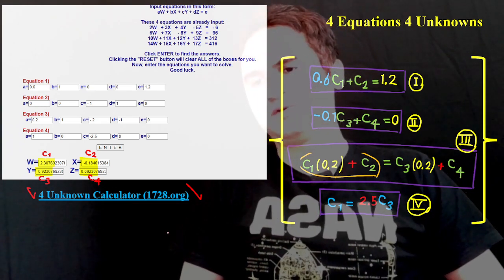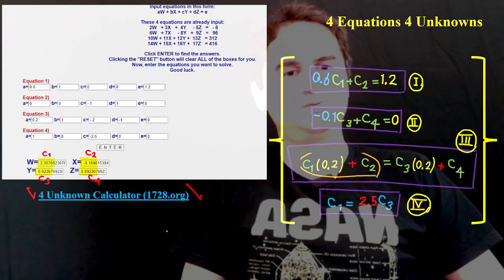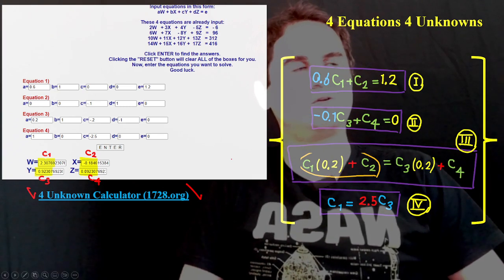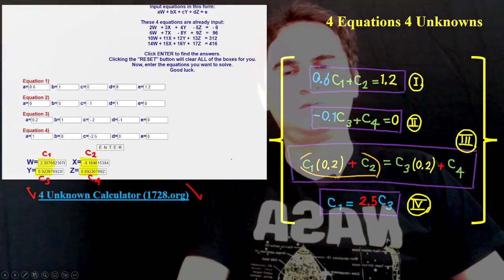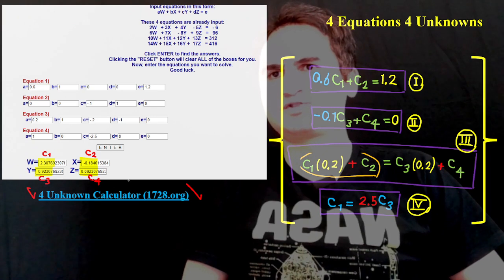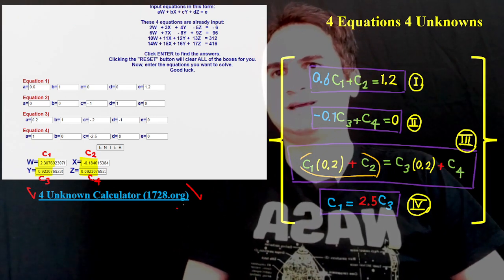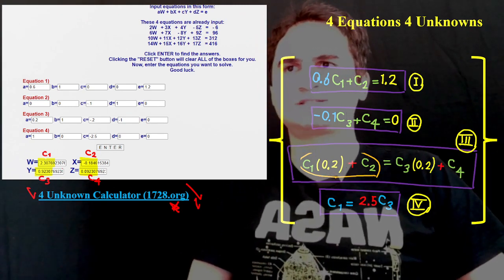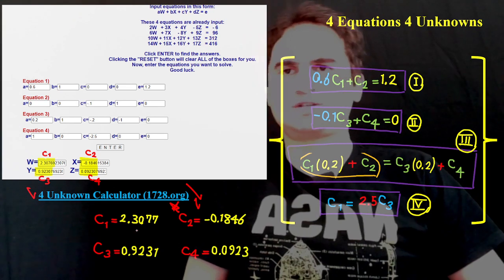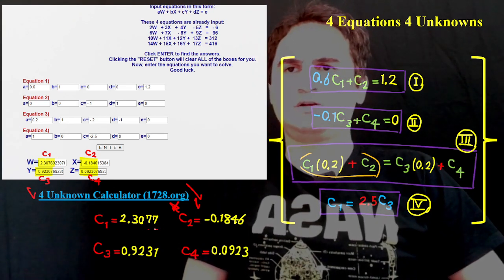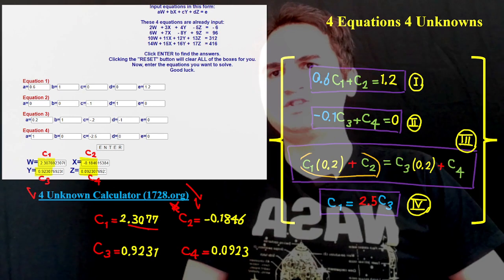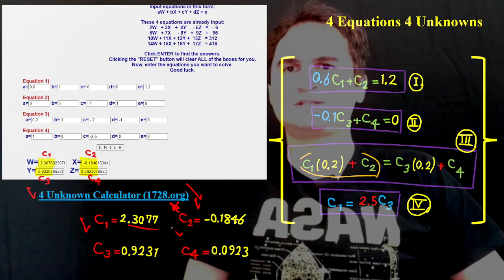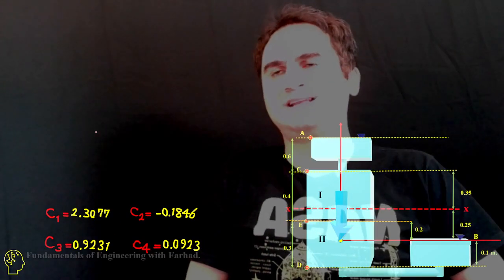different methods, also elimination methods. Most single calculators just solve 3 equations, 3 unknowns. You need to eliminate if you want to do it by hand, and more advanced calculators just solve it. You can also go to this link and solve it online and get the constants C1, C2, C3, and C4. I just jot it down with 4 digits to get an accurate answer for our problem. So as soon as we have C1, C2, C3, C4, we can easily replace that in